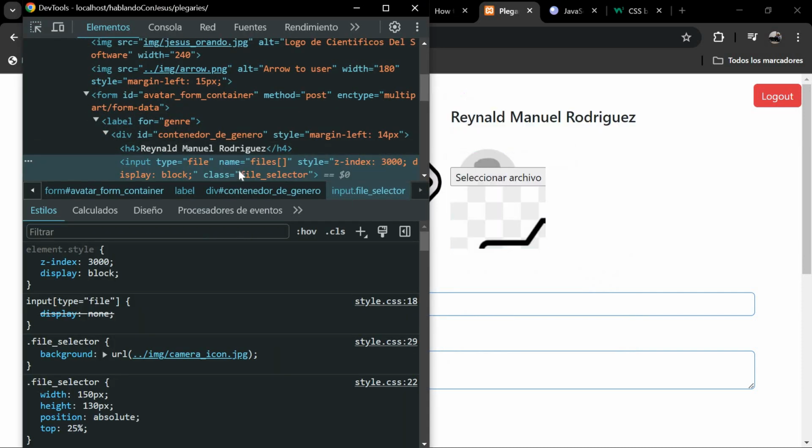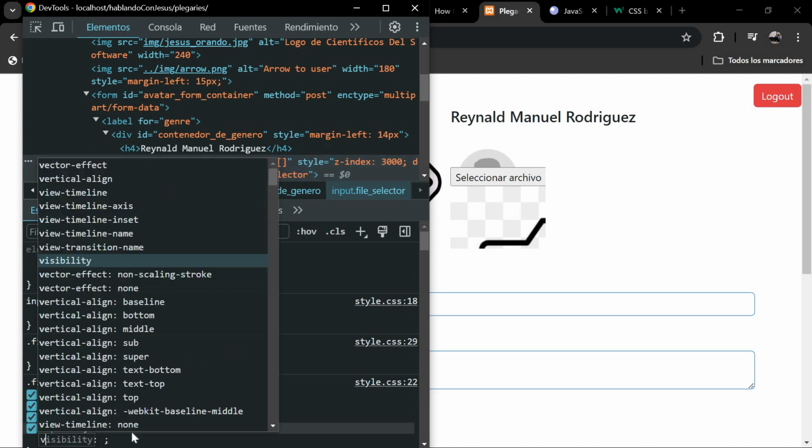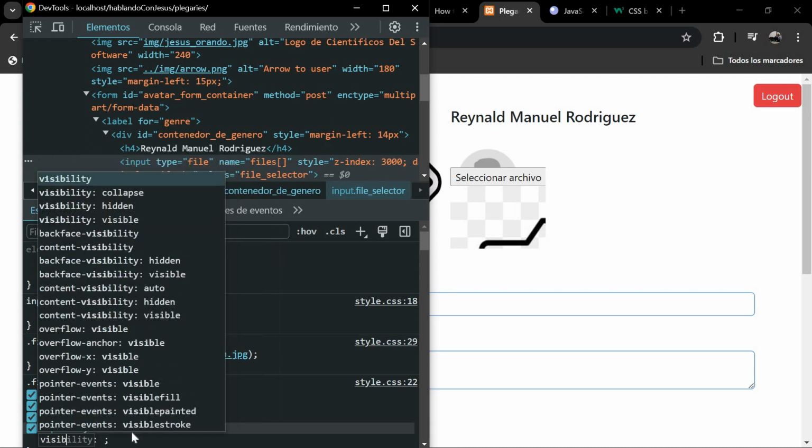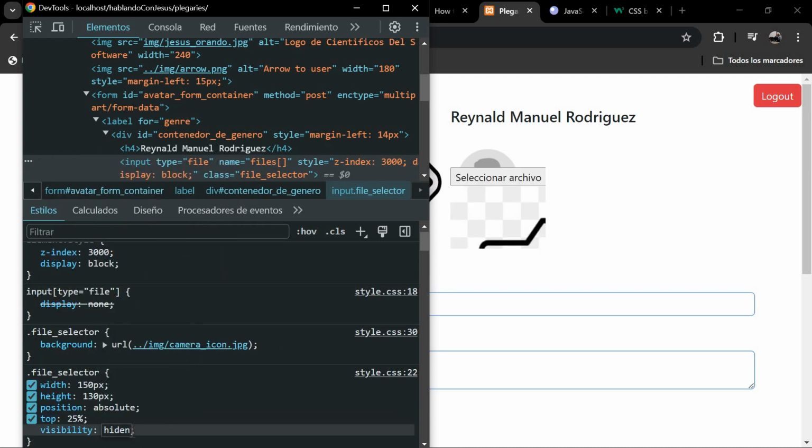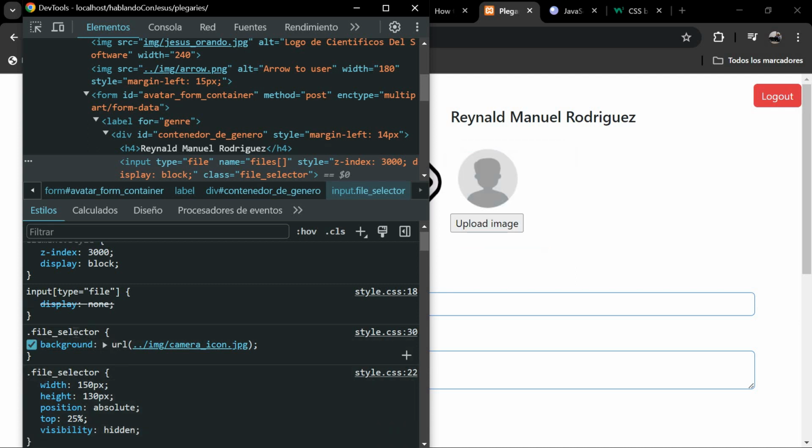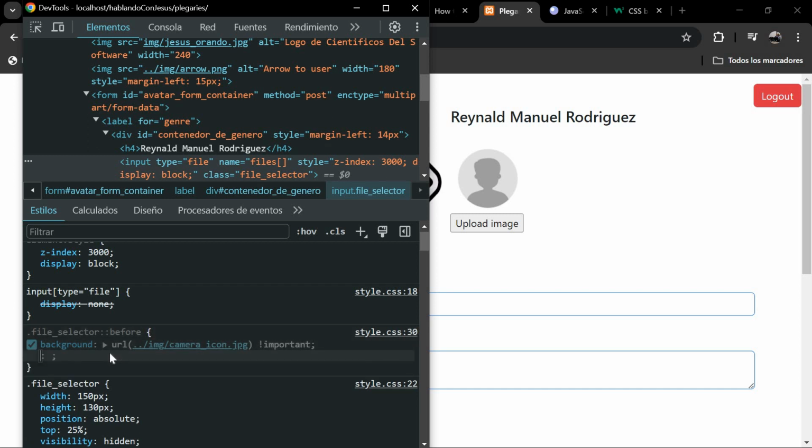Actually, the image is being popped up, and I'm going to put visibility hidden. And in here, I will put the pseudo selector after, and I will put